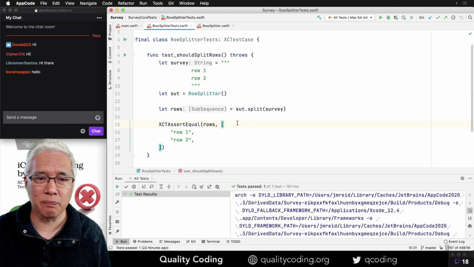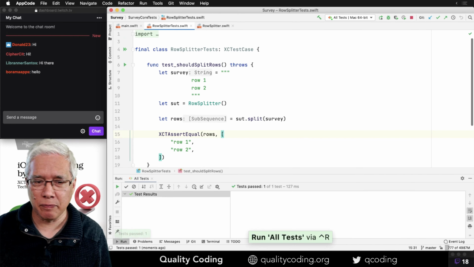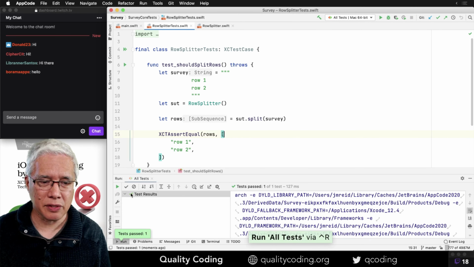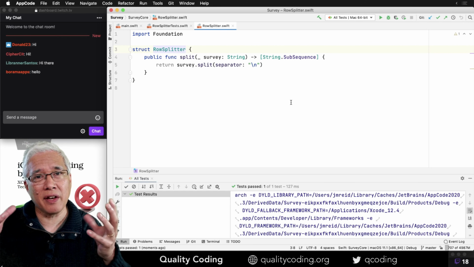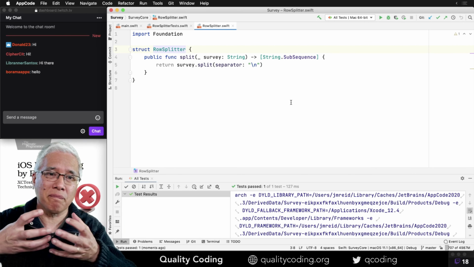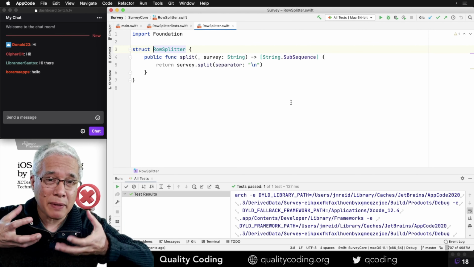But let me just start by running the tests. And they pass. My one test passes. Things I don't like about it: I realized that I went through the process of creating a type to hold a single method. That's overkill, isn't it? I should just call the function on its own. And if I have enough functions to stick together, maybe a type will emerge. Then we can do it later.